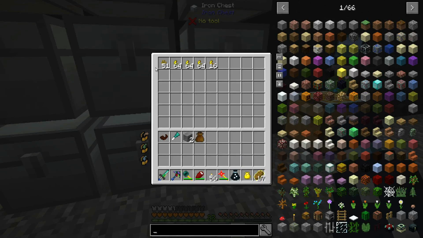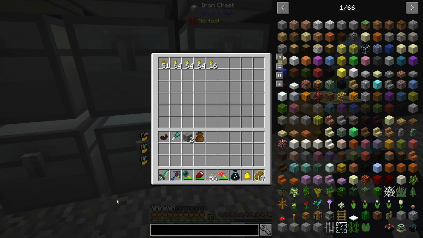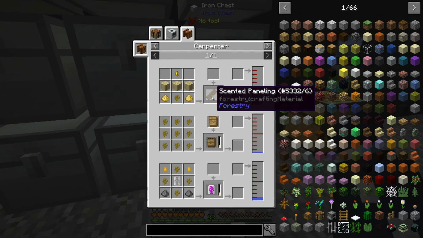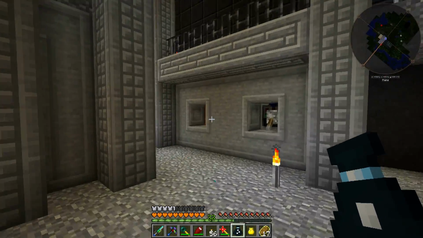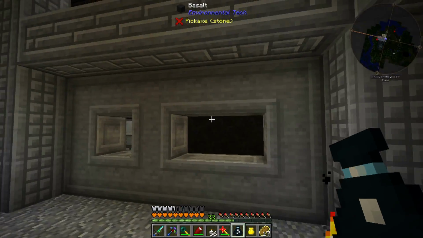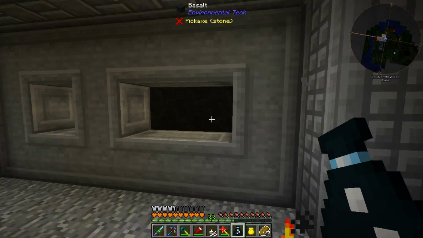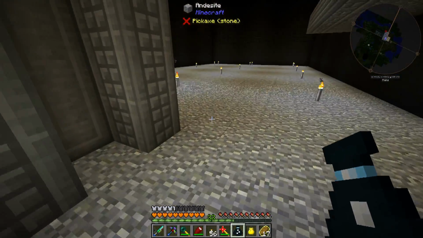And these things have a very unique use, and that is to be turned into scented paneling. Now this scented paneling requires liquid honey in a carpenter, so we're going to have to set up another bay for the liquid honey. So we have this one here for the oil, and so I think we're going to use this one since that was where our centrifuge was. But what we need is a squeezer and a carpenter. The squeezer will put the